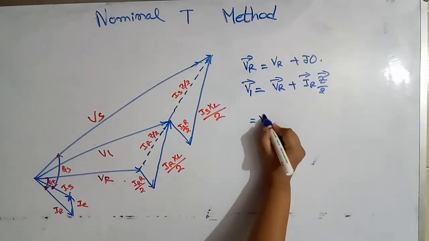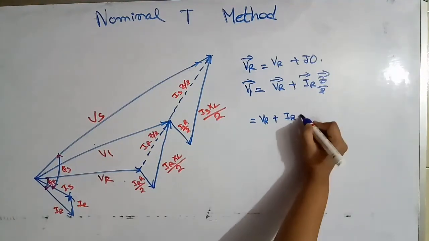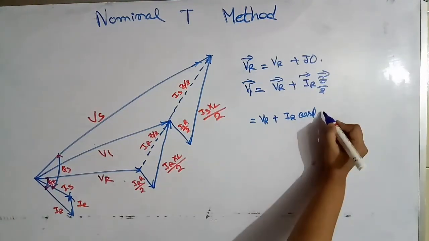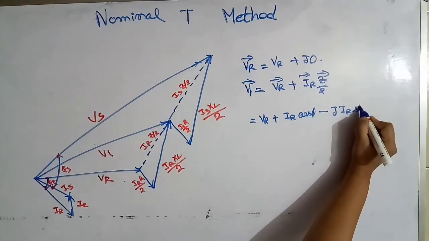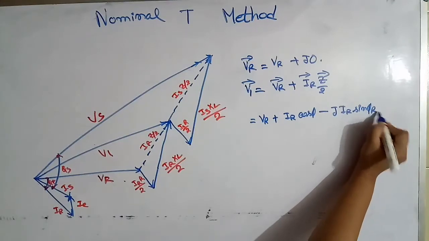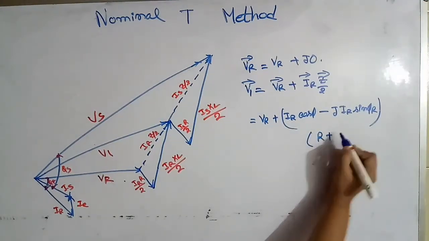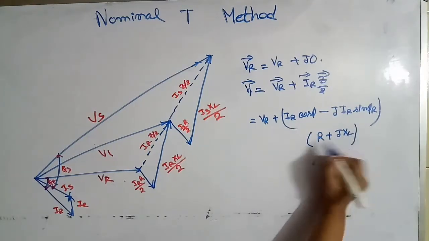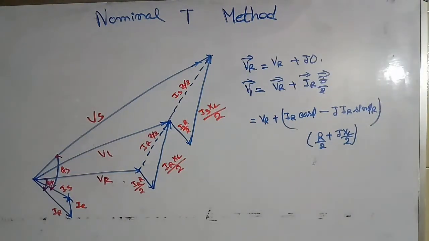Now put the value of VR. IR is IR cos phi R minus J IR sin phi R, and Z, that is R plus JXL. This is the value of the voltage across the capacitance. Next,